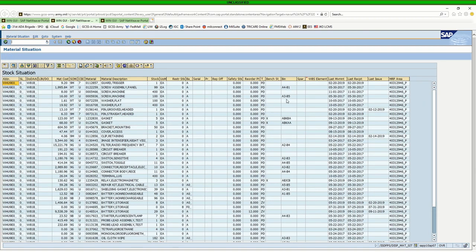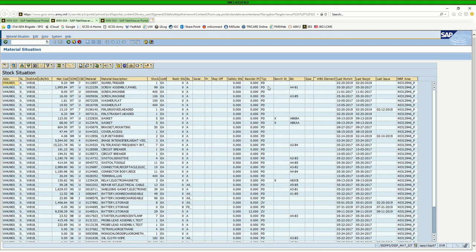Now, as you can see, we have a lot of parts here. Some of them already have bin locations. This right here tells you the MRP type, whether it's a bench stock, shop stock, whether it's something that's command derived, or if it's something you've ordered multiple of, or if it's something you may need to look at adding, things of that nature. Now, determining whether you're going to make this a bench stock or a shop stock is really dependent on the type of part it is. Your unit's